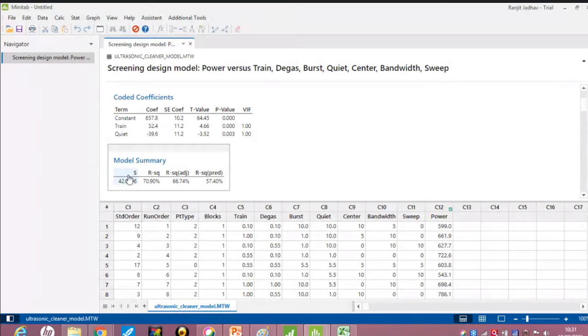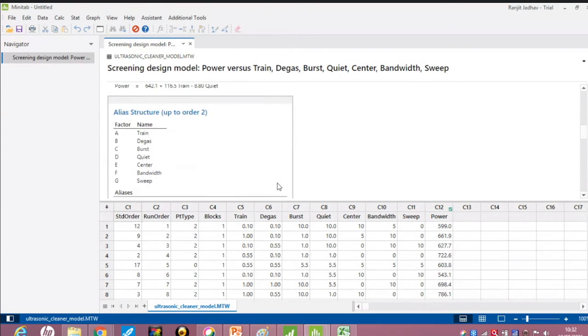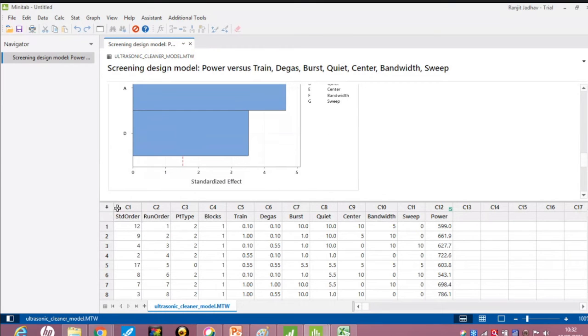Here we will not check for the R-square value, because this is a screening design. Here we are only interested in which factors are significant.